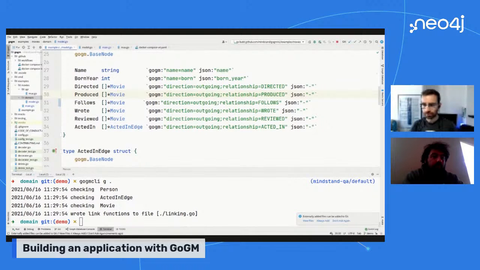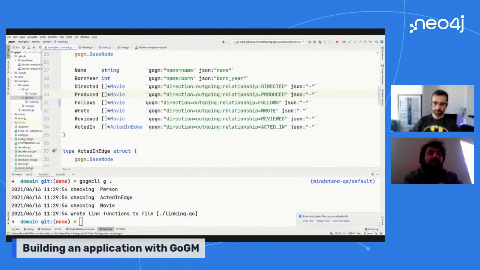So that's the bleeding edge side of Gogem, right? We are not even on a released version. We are on the latest commit of the 2.x, the latest commit of 2.0.3, which was just fixing some really small problems I found when using it with my company. The biggest change from 2.0 to 2.0.3 is the graph ID is a pointer to an int64 instead of an int64.